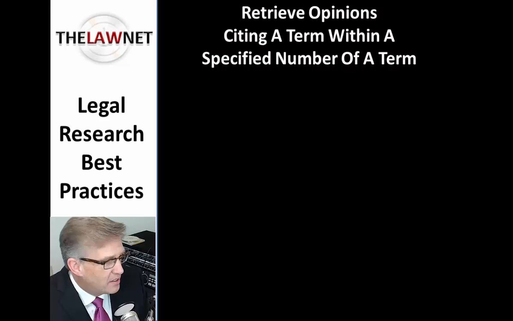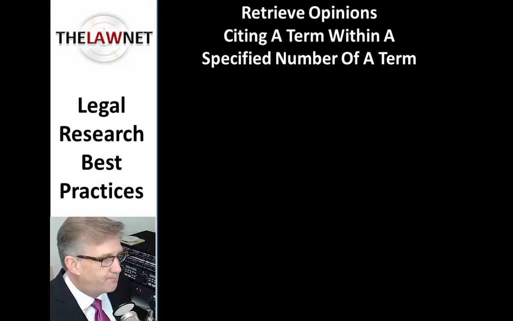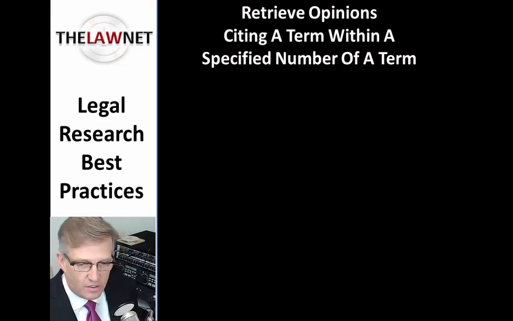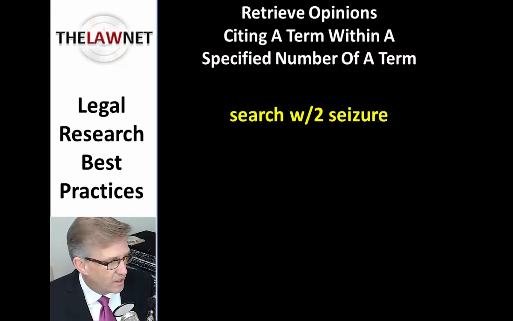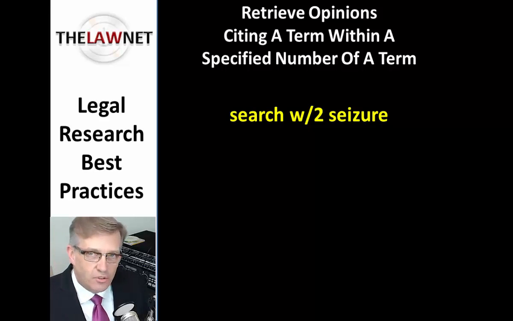How do you retrieve an opinion citing a term within a specified number of a term? I've been doing a lot of support of attorneys for the last 15 years, a lot of speaking at bar associations. And this term right here, the within term, is the most abused of all Boolean operators. George Boole was a mathematician and algebra guy. And when we talk about Boolean searching, we're talking about building little equations. And so you should use a slash as a substitute for the word and or the word or,